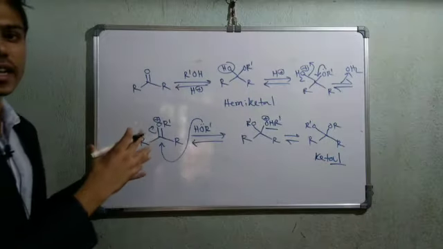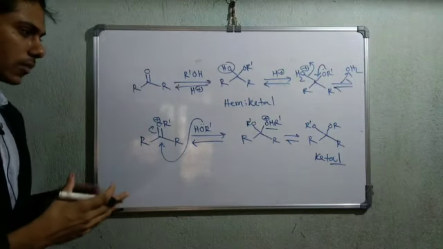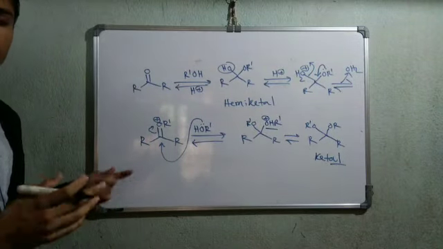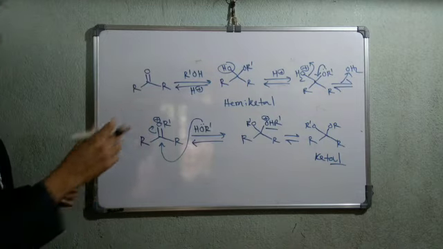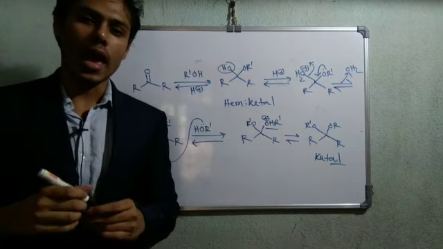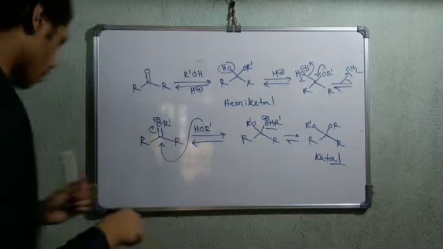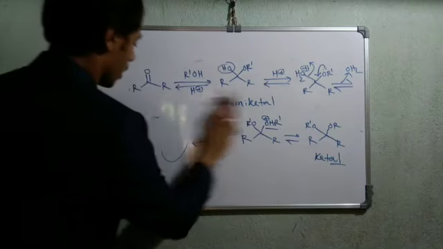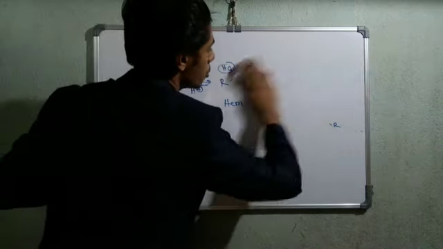Similarly, if you use an aldehyde, it will be called an acetal, right? So an acetal or ketal is formed where two equivalents of alcohol are added to the carbonyl compound. Now, if you have an alcohol where you have two OH groups, that is a diol, then you don't need two